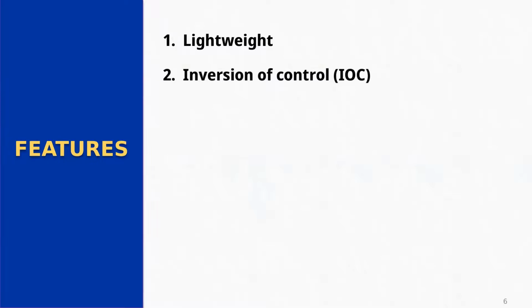The next one is inversion of control. This is basically the main idea of the Spring framework, and this is the best feature why the Spring framework became very famous. If you go to the Struts framework and other frameworks, whenever we are writing our code, we need to create the objects ourselves. For example, we have a layered architecture.